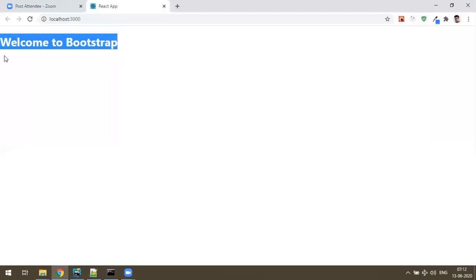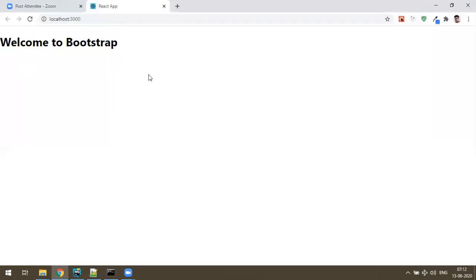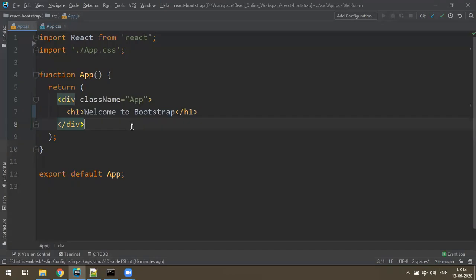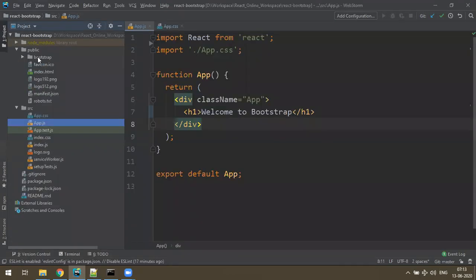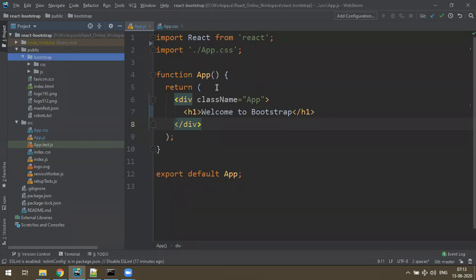Now it's just the very basic styles of React, but I want to apply Bootstrap styles. So where do you configure Bootstrap styles? We have downloaded and kept them in the bootstrap folder, but we have not configured these CSS files anywhere. Where you have to configure the files is in the index.html of the public folder.